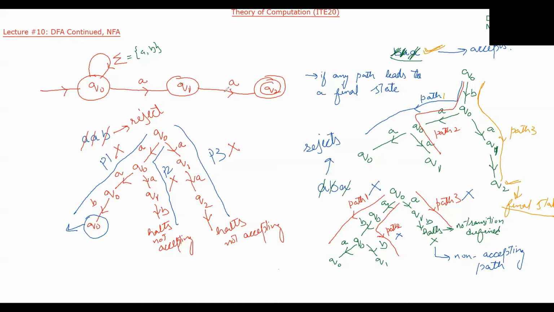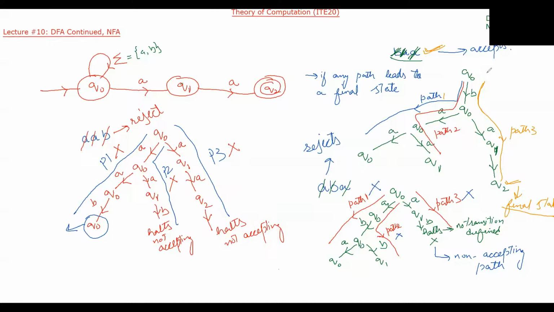Okay. So this is how non-determinism works. You can see here that in non-determinism we are saying that on one state there are multiple choices possible. Now, why are we saying that if one path leads to a final state, that means this particular automata accepts this string? Why are we saying that? Because it is possible that our automata may have led to some other path, and that path is a non-accepting path.